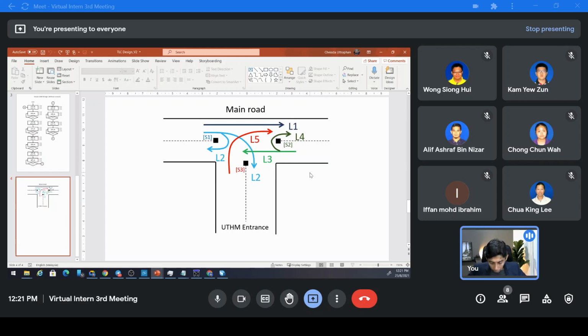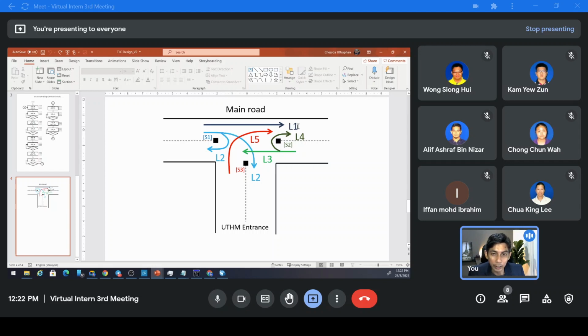Now we want to create a better traffic light, where it's more intelligent, we can say, or a smart traffic light, right? Where we have many sequences like this, we have many lights like this, L1 and L2, all right, this flow. We have 2 reds because the flow is different actually. For example, if you look at the UTHM traffic light, this will go to BP. So it's not red at the same time, right? It's red at the same time, but